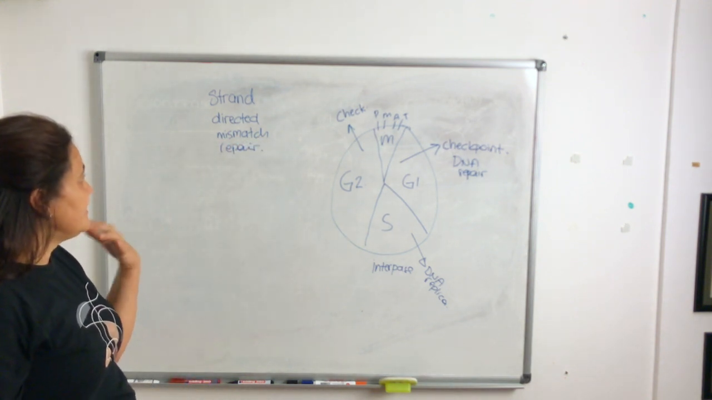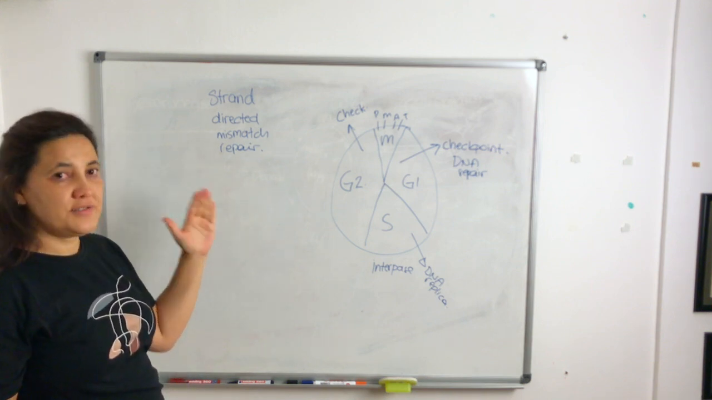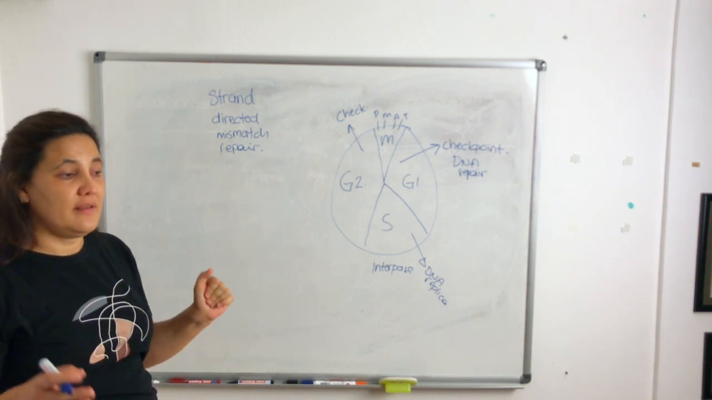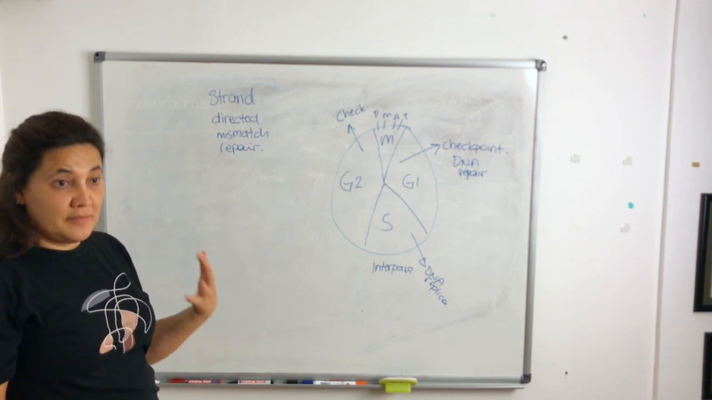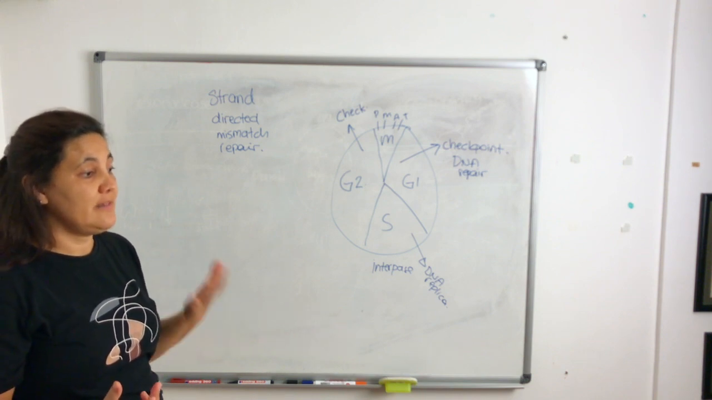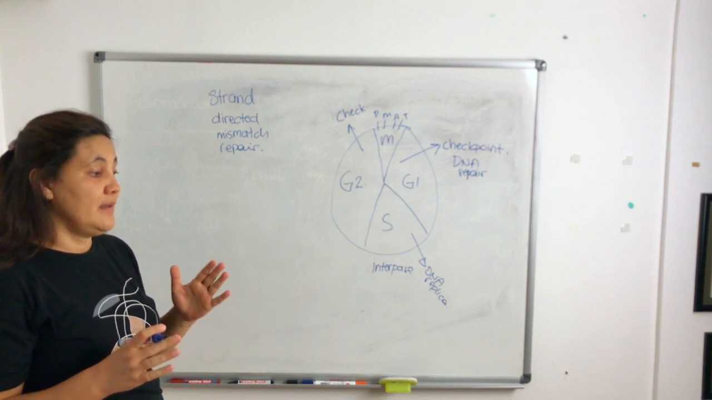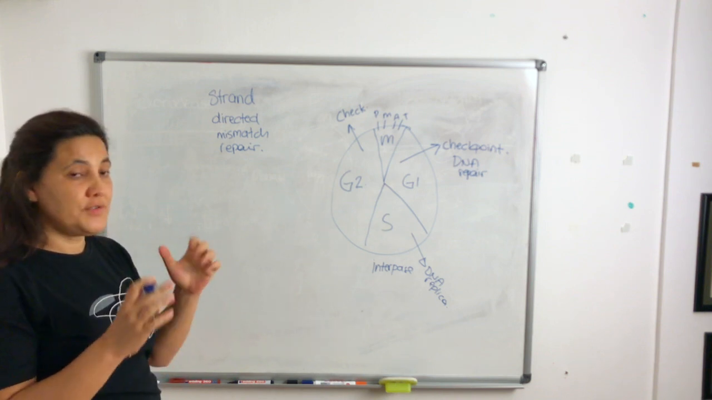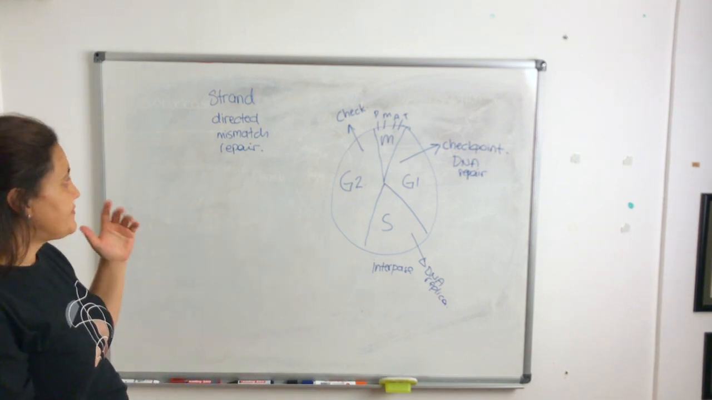This takes place during the replication because this system has to discriminate between the newly synthesized strand and the old strand, because if there is a mistake, it has to be on the newly synthesized strand, not in the old strand, and the cell has to assume that the old strand is the correct one. And to do that,